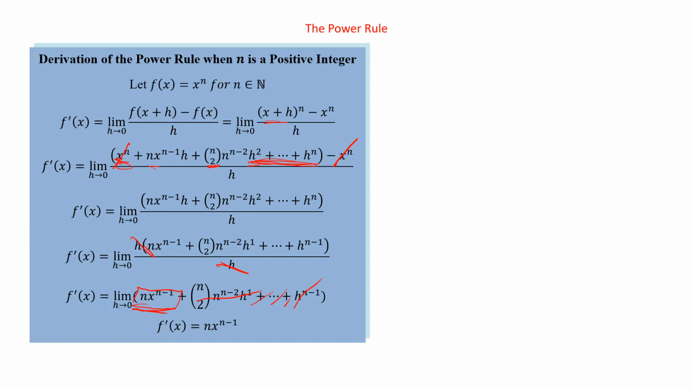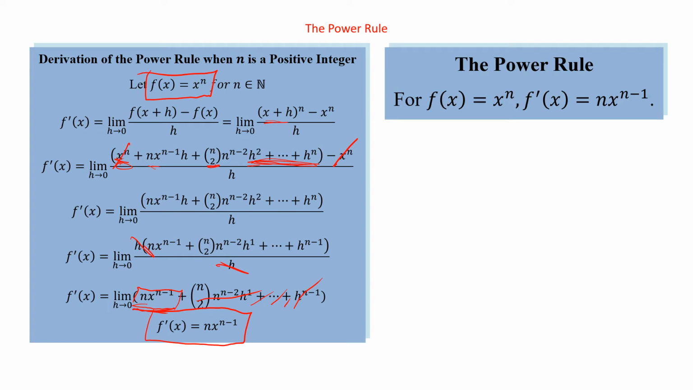So you end up with f prime of x equals n times x to the n minus 1. You started out with f of x equals x to the n. You end up with the derivative equals n times x to the n minus 1. That is the power rule. The power rule, and this is